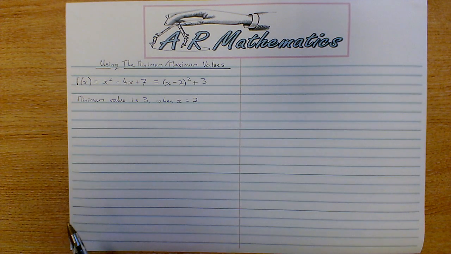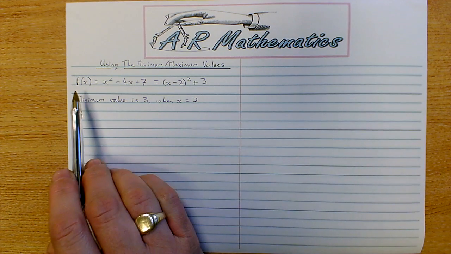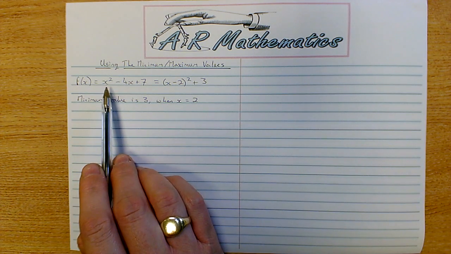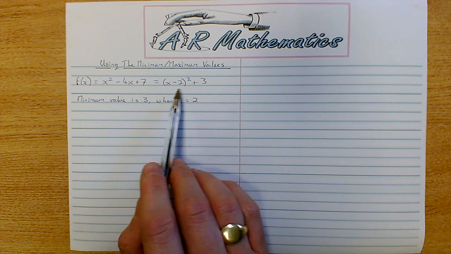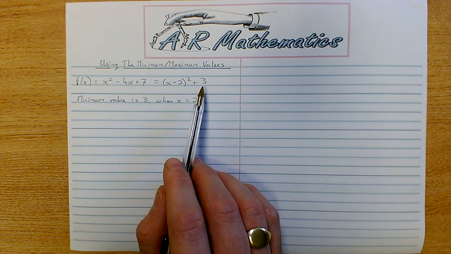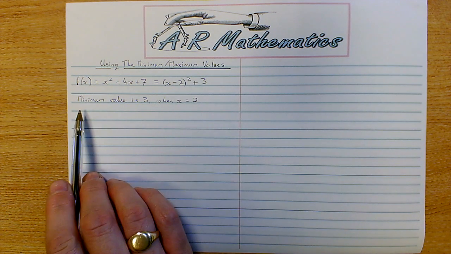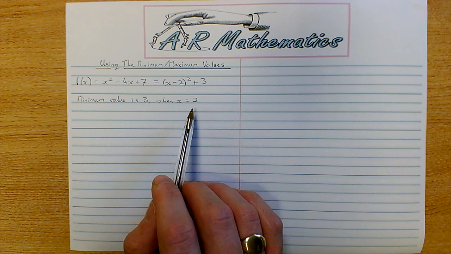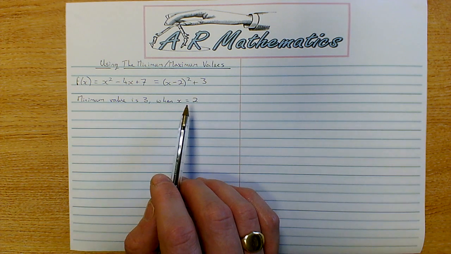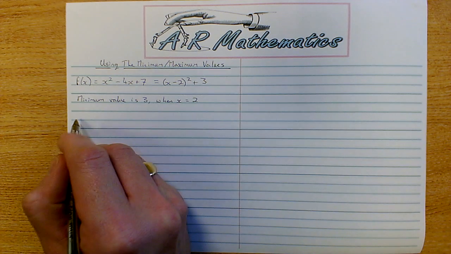Okay, in this video we're going to have a look at using the minimum and maximum values that we found from completing the square to help us answer a few more complex questions. So if I took a function of x, which from my previous video we looked at this function x squared minus 4x plus 7, we completed the square to give us (x minus 2) all squared plus 3, and this told us when we sketched the curve that the minimum value of this curve was 3, and that happened when x was 2. So what we're going to do is we're going to use that to try and find the